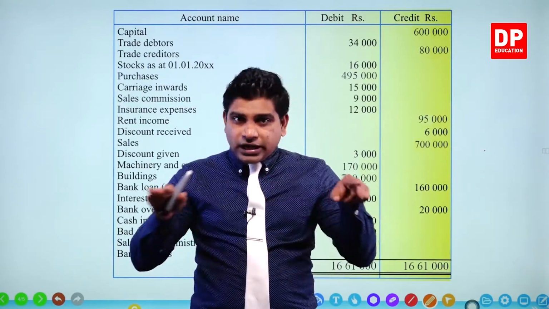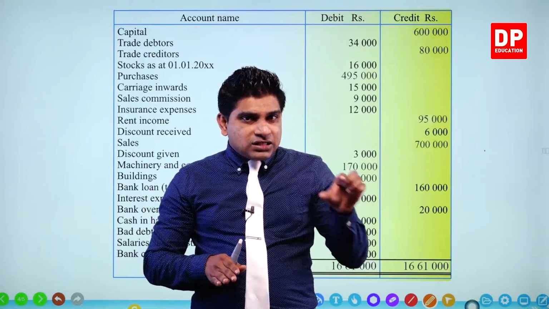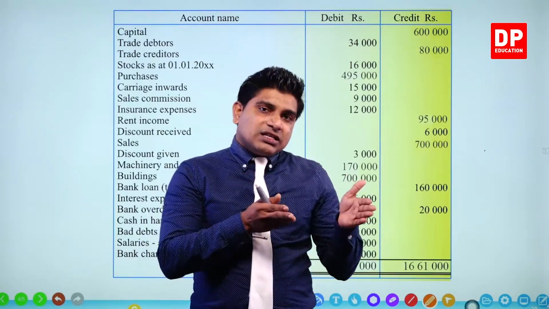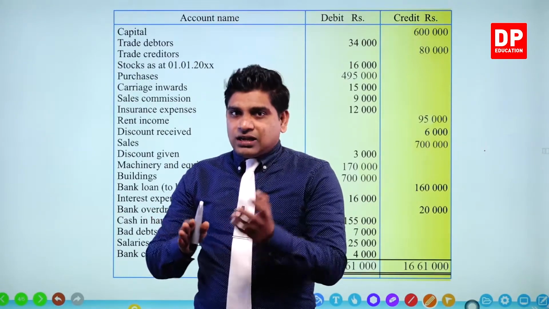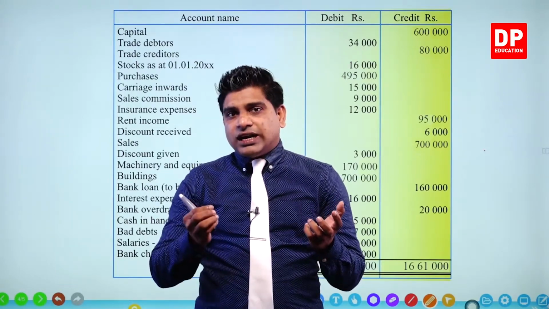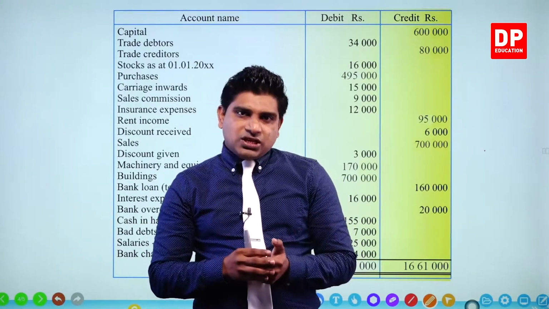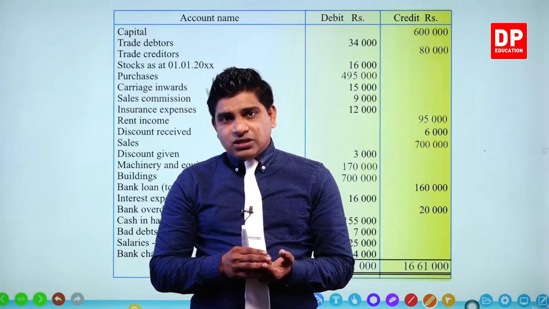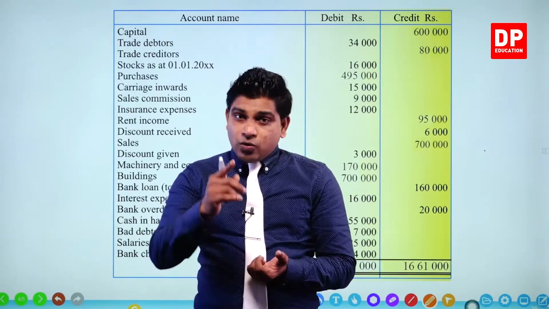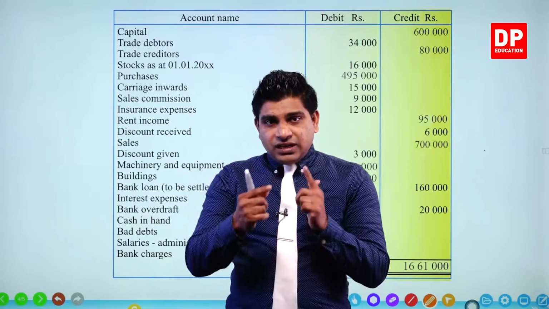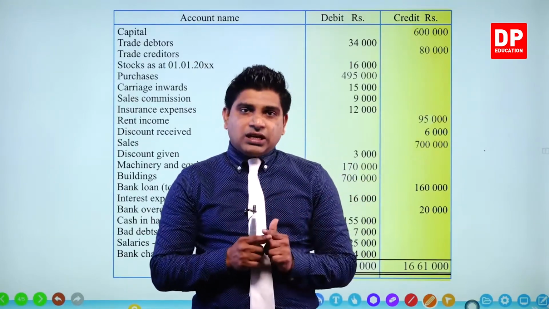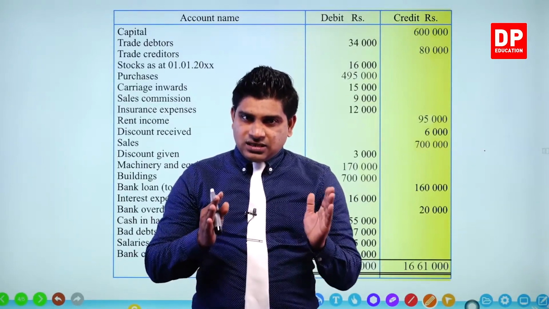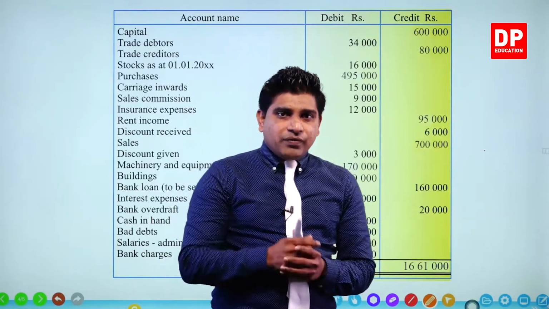Liability we classify into two categories. What are they? One is current liability, the other one is non-current liability. Assets also same. Current assets and non-current assets, right? Current assets means short-term assets, non-current assets means long-term assets. Current liability means short-term liabilities, non-current liability means long-term liabilities. Now we got to the slide and we classify first given details into which category: income, expense, assets, liability, and those categories, right?